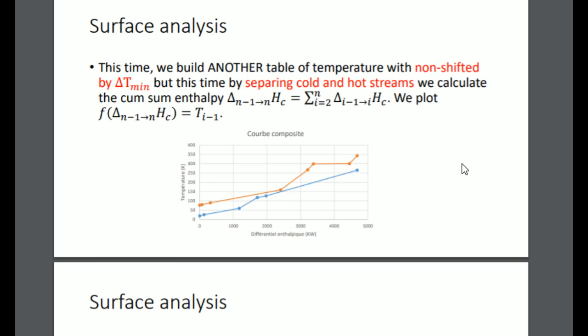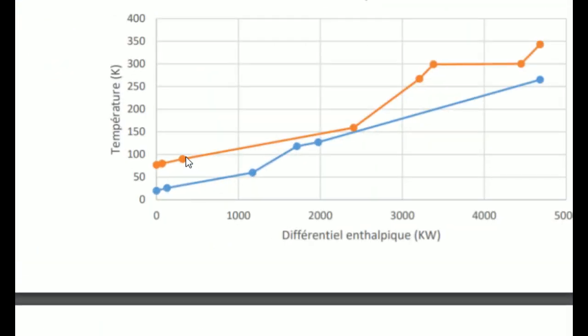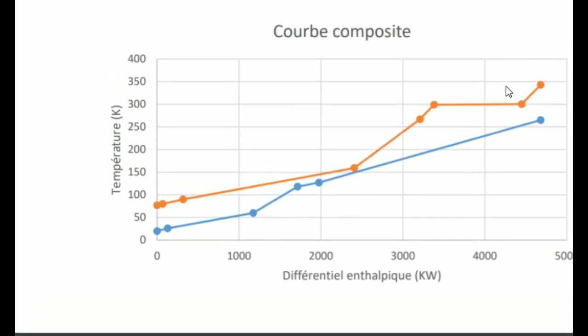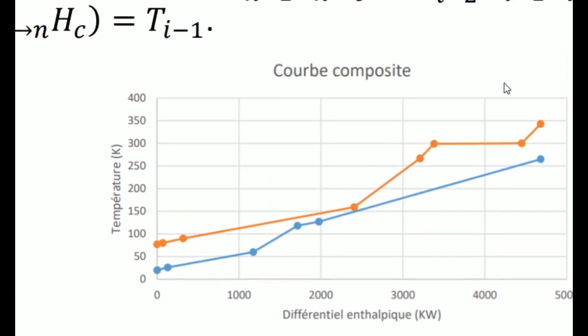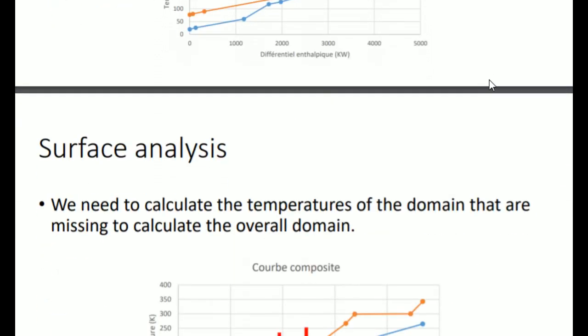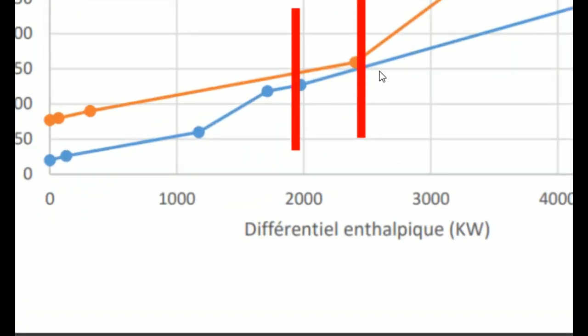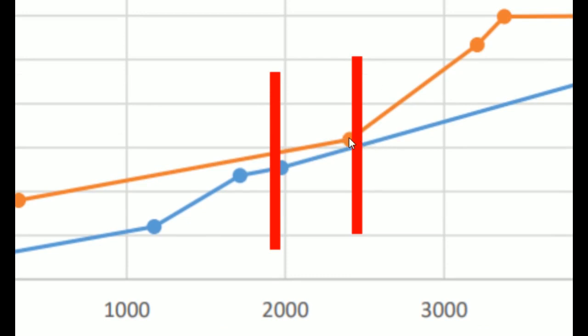And then, similarly to earlier, you will build the COMSUM of the enthalpy. So it's just the cumulative sum of the process, because the values you have is just the shift between this point and this point. You don't have the values of this point. And then you can plot it as line functions. Now we are missing a bit of information, but it's not too much of a problem. Because if you see on this interval here, we have this point here and this point here. But the problem is we don't have the values of the blue point, and we don't have the value of the orange point that should be here.